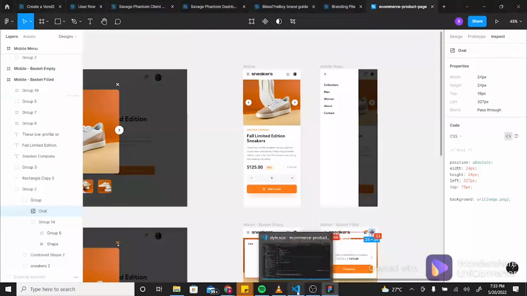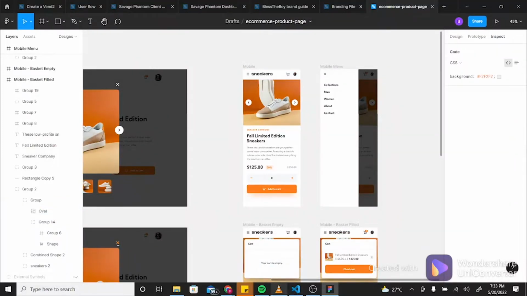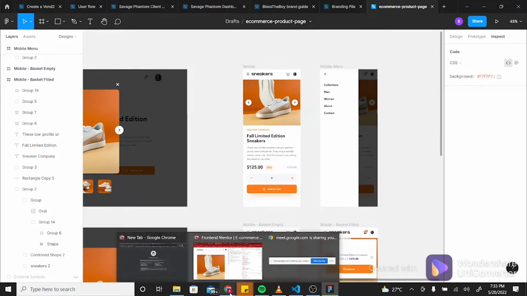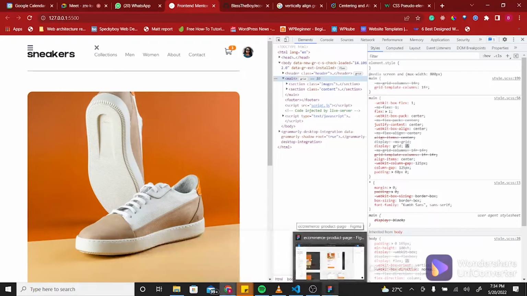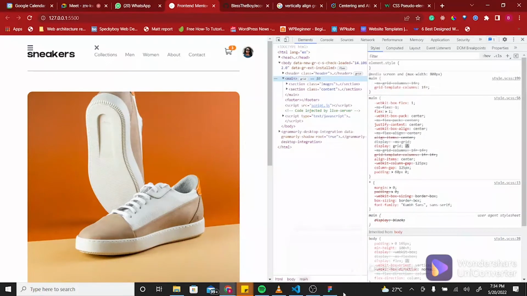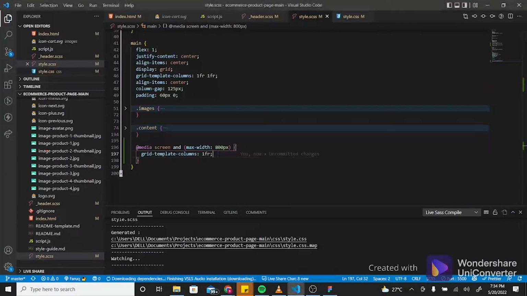Okay. There's also something on the mobile: our navbar is taking the full length, so we need to get rid of this padding once we're moving to mobile. I think we can put the padding on the body and get rid of it on the header. So what we're gonna do is